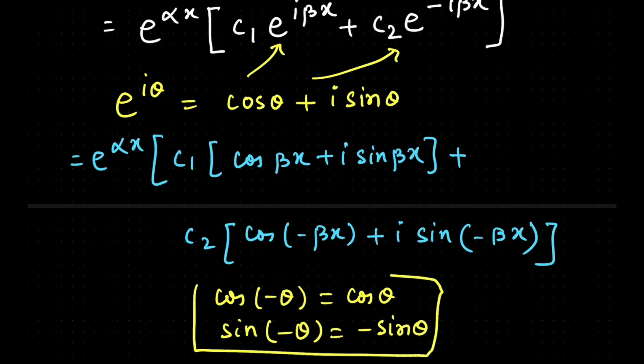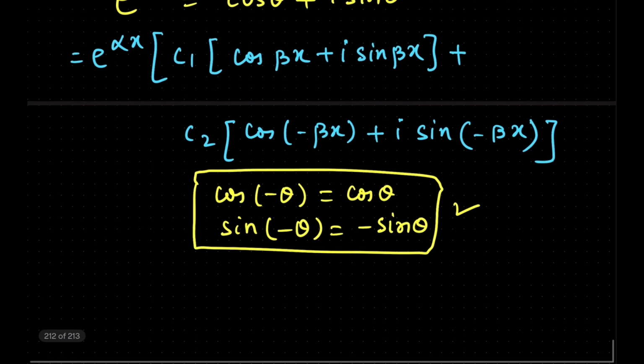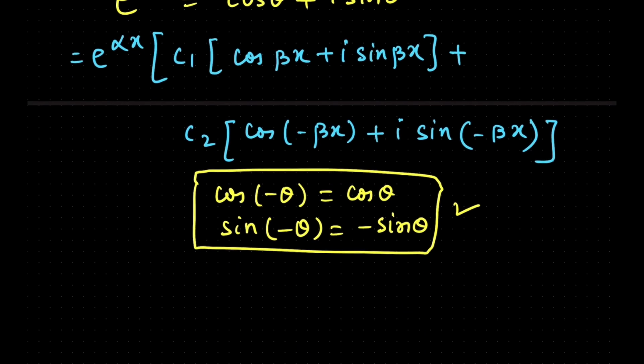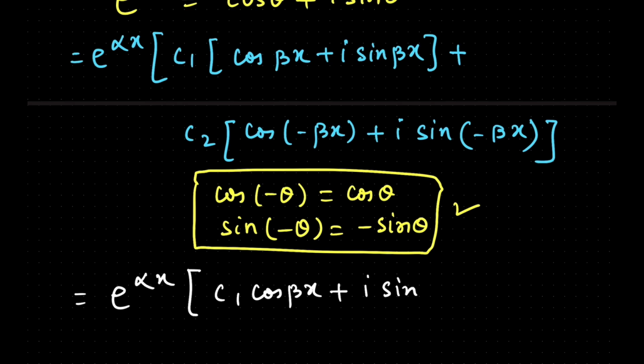So I hope that you also know this basic simple trigonometric formula. So we will use this formula here. So e to the power of alpha x, c1 cos beta x plus i sin beta x